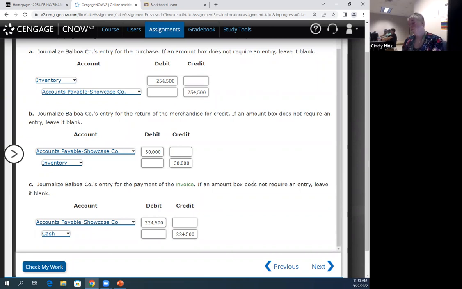Okay, so that's where we are going to stop for today. So we've looked at recording purchases, sales, returns, paying invoices with discounts, paying invoices for cash, using credit cards, lots of different merchandising related transactions. Any questions about anything we've talked about up to this point? Kind of seen it from all angles. All right, so we'll stop there for today. On Tuesday, then we will pick up with exercise 7.